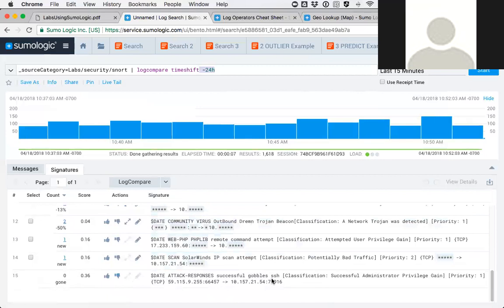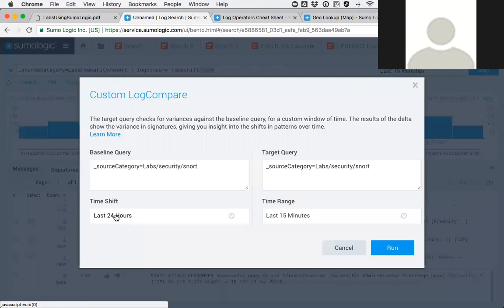So you can see how this becomes very, very powerful as you're trying to compare data from now to data in the past. And you notice that by default it's 24 hours. It could be 7 days. It could be custom as well. So I could choose a different time period. And here's where it gets pretty cool. I could even